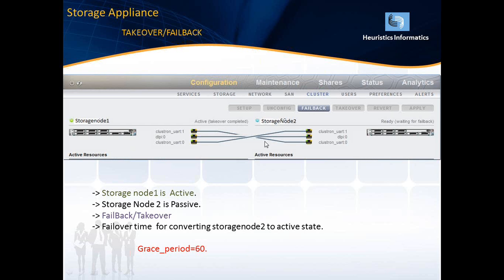The time taken for these two storage nodes to switch depends upon the grace period. By default, Oracle gives a minimum of 60 seconds to change. So whenever failover happens, the shares that are mounted on the compute nodes will be unavailable, and the application will not be accessible at that particular point of time, which is 60 seconds and won't be more than 90 seconds. So this can be ignored.